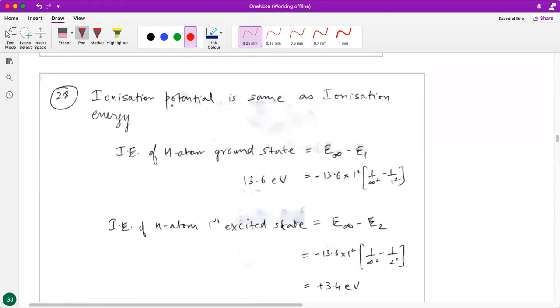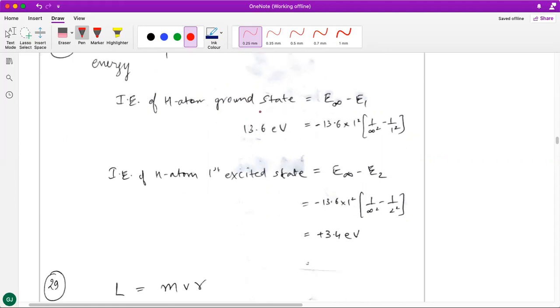In the 28th question, this is something that I have highlighted as part of class notes again, that ionization potential, you can replace it by ionization energy. Okay, ionization potential was an old term. Ionization potential is something which you can now read as ionization energy. So you have been given that ionization energy of ground state of hydrogen is 13.6 eV. Now this is something which was already known to you. Okay, they have given it, extra data in the question.